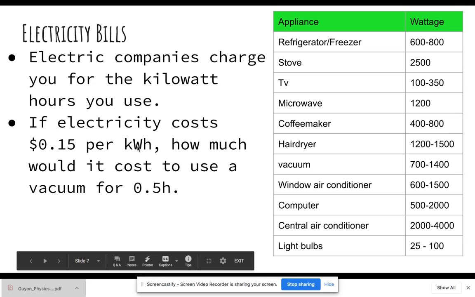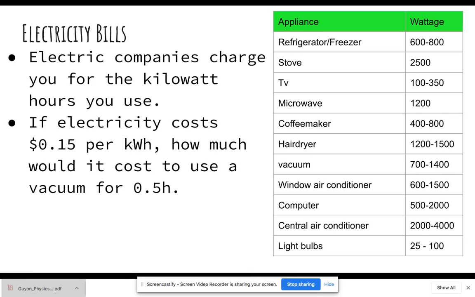In New Jersey, it might even be lower than that, like 10 cents per kilowatt. But it fluctuates depending on the time of year and what's going on. Like right now with this whole coronavirus thing, the prices of electricity have, I believe, dropped a little bit. Okay. So if electricity costs are 0.15 per kilowatt hour, how much would it cost to use a vacuum for